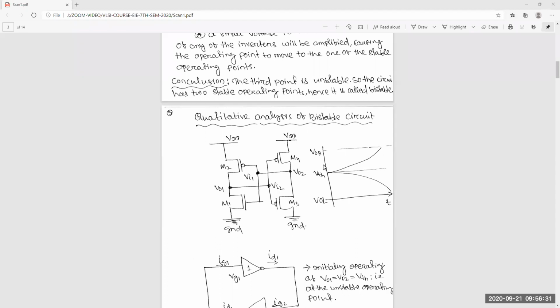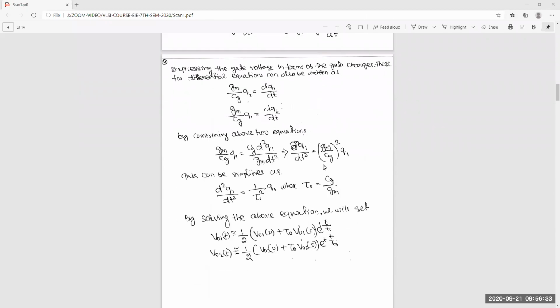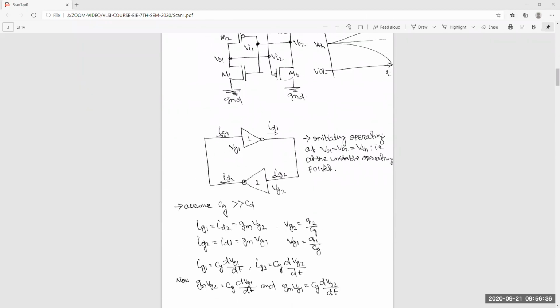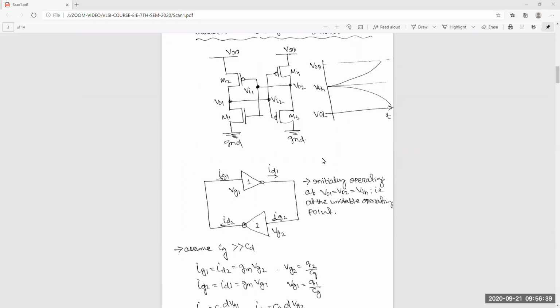The analysis of all these things is simple mathematics. You can get this analysis from the Kang book: how it changes from VTH to maximum or VTH to minimum, and what the function of this curve is. In that derivation you will see it changes exponentially, and finally the curve equation is calculated.